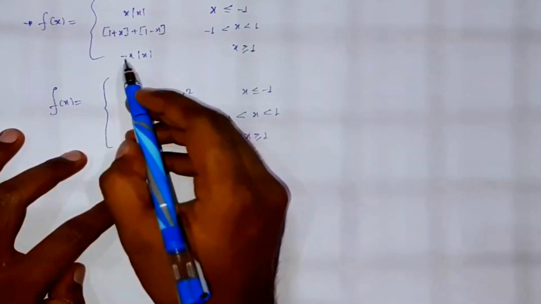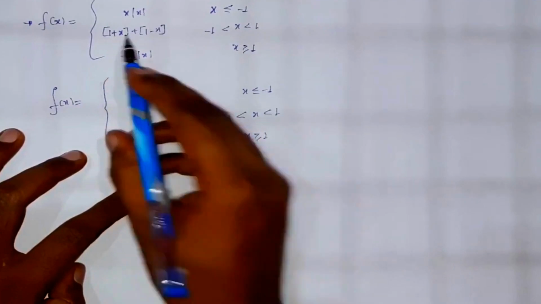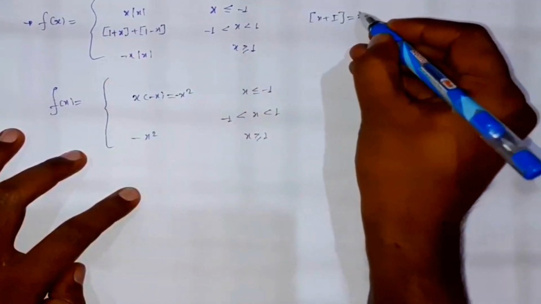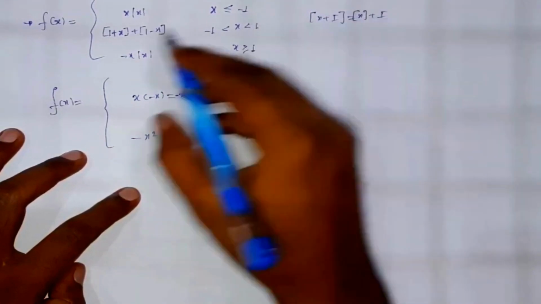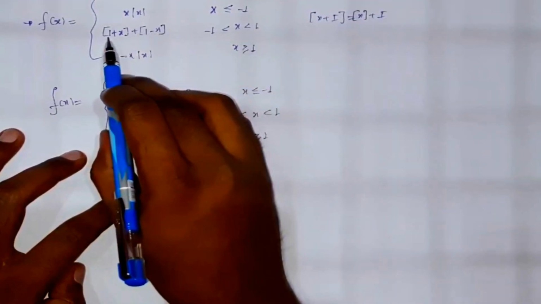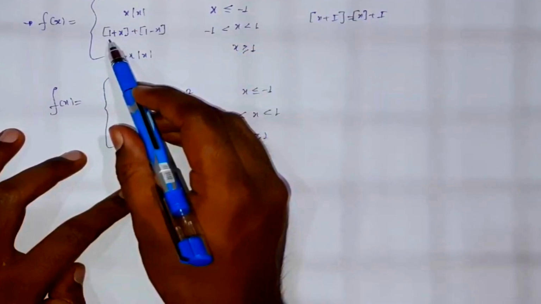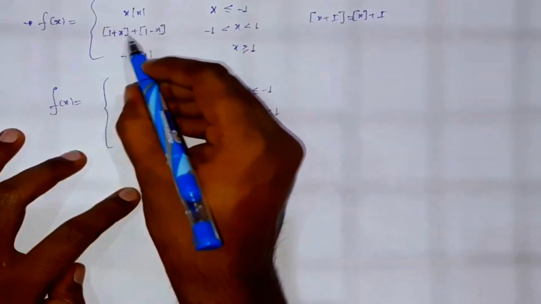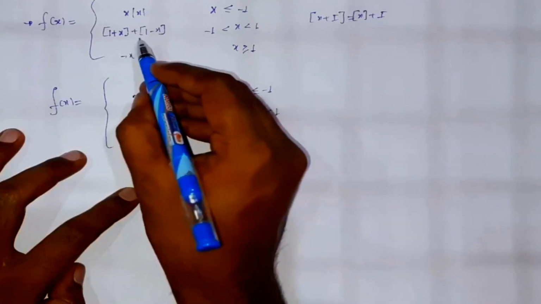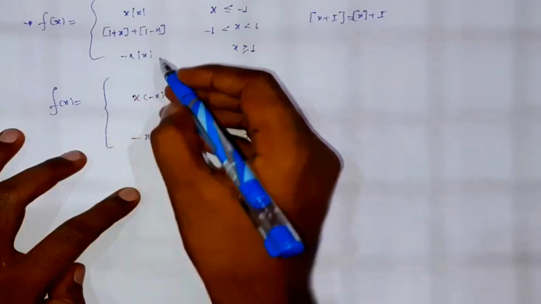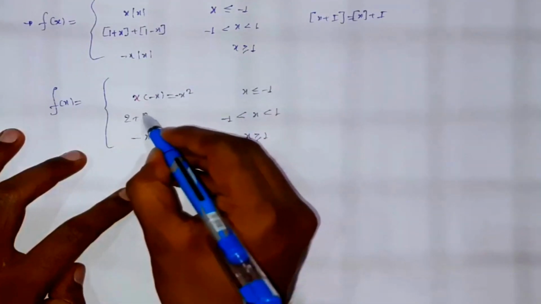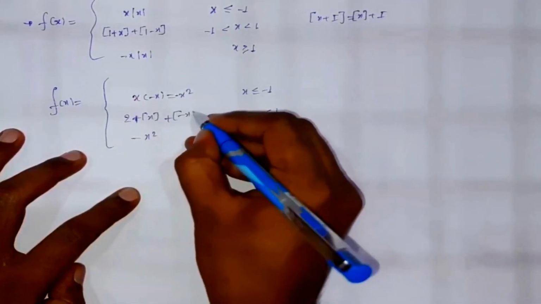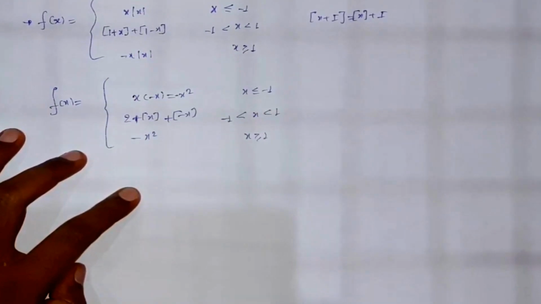Here I am going to use a property of the integral function: integral part of x plus I will be I plus integral part of x, if I is an integer. So 1 is an integer, so we can take this 1 out of this integral function. So it will become 1 plus integral part of x plus 1 plus integral part of minus x. So it will become again 2 plus integral part of x plus integral part of minus x. Okay, I hope it is clear to all of you.